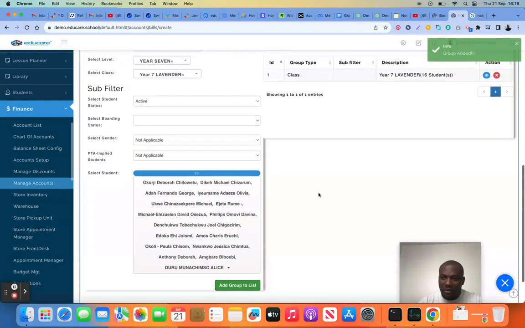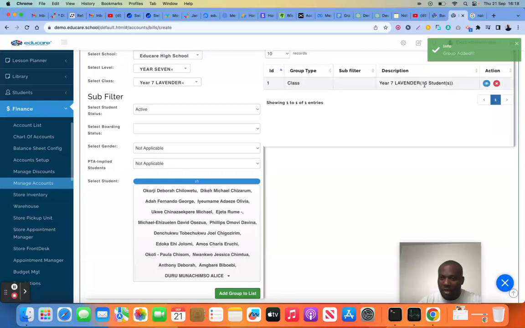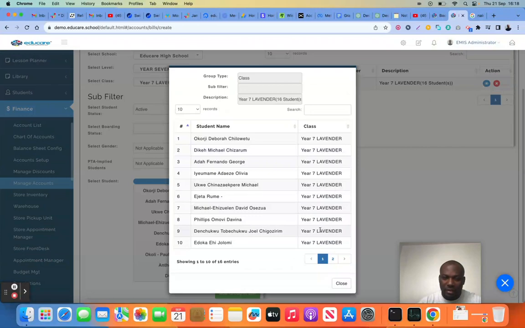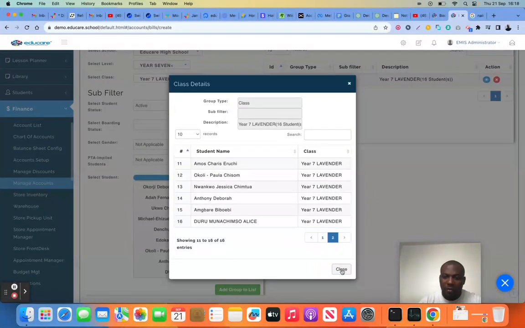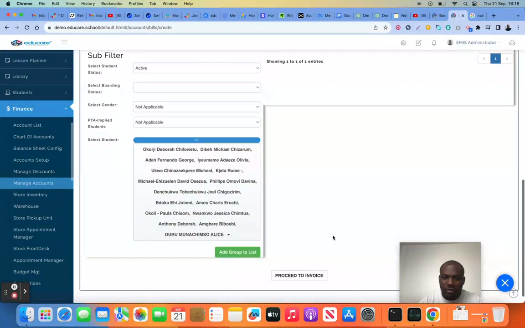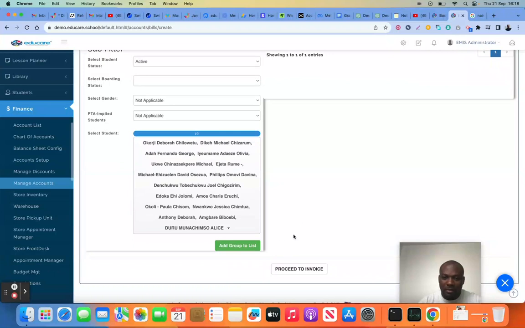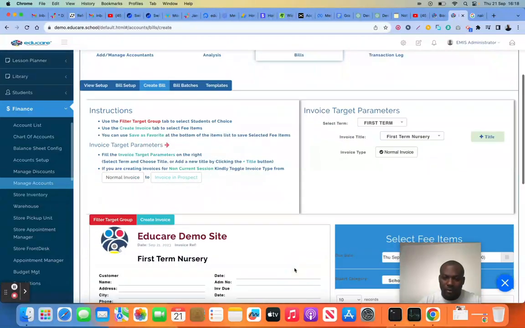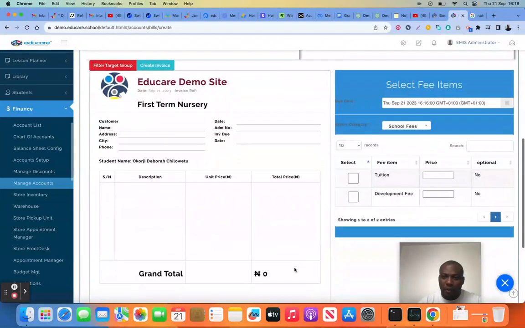What you'll notice now is if you scroll up a bit, you'll see that we have 16 students added. If I click on this, I can see all these 16 students added here. Once I close here, I can scroll down a bit and then proceed. Remember what I did here. Don't make the mistake. Make sure you click on the empty space before you add group to list so that they can batch it. Once you click on proceed to invoice,